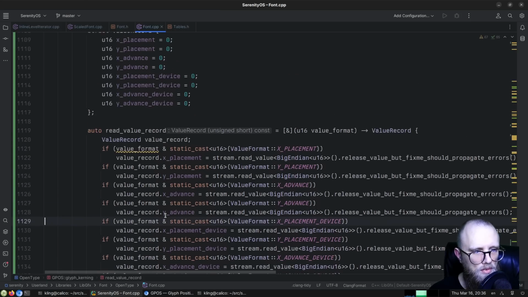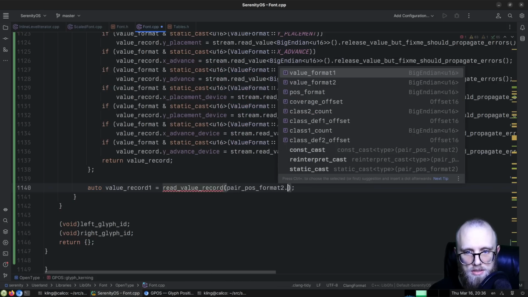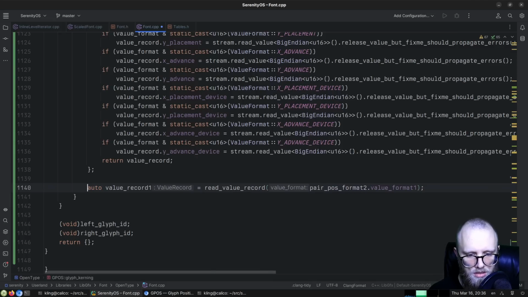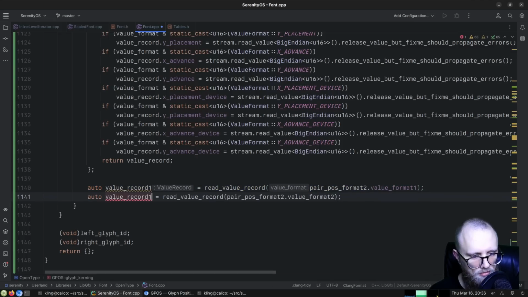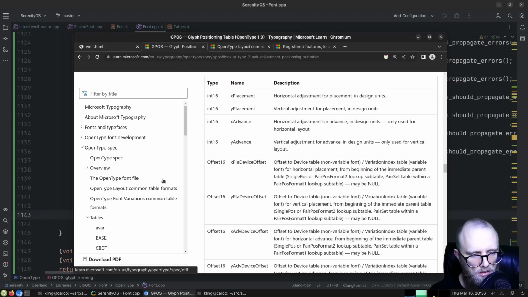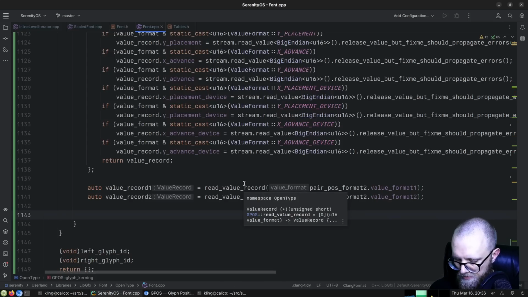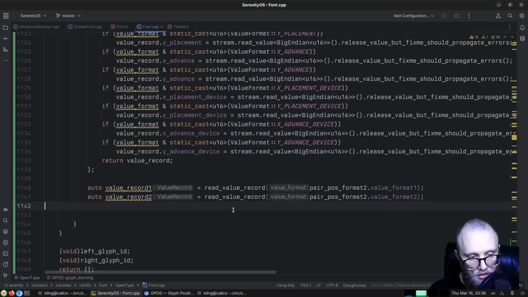Okay, then we do this twice. Pair pos format 2, value format 1. Okay, now I have the two value records, and I'm just going to find out what's in them, which will be